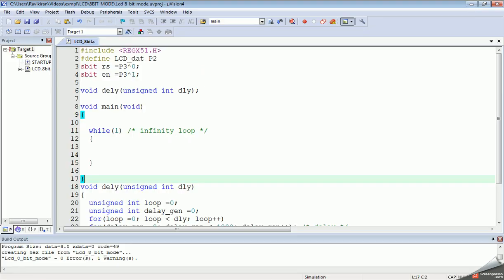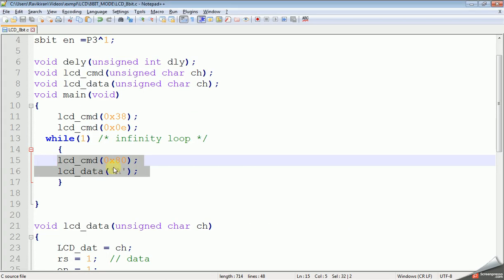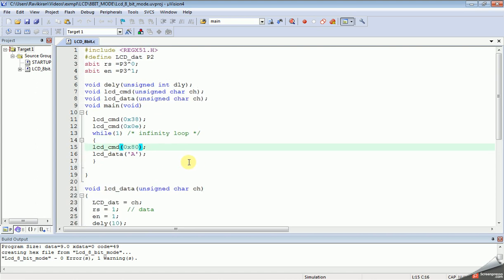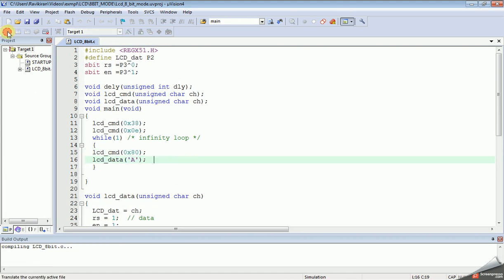Let's save it, try to compile it, build it.